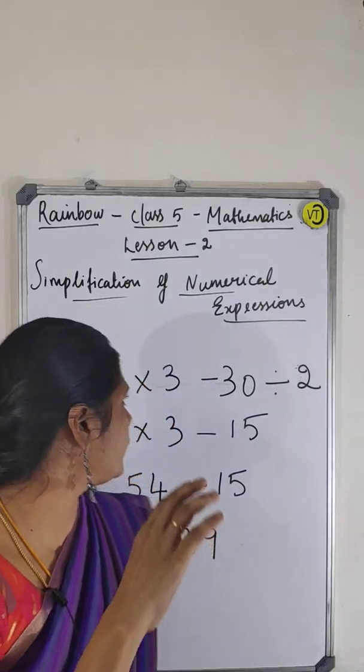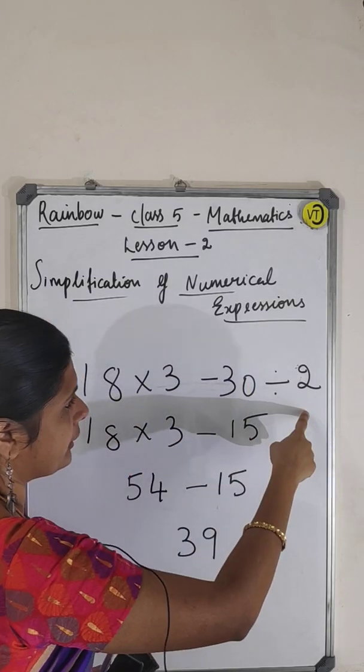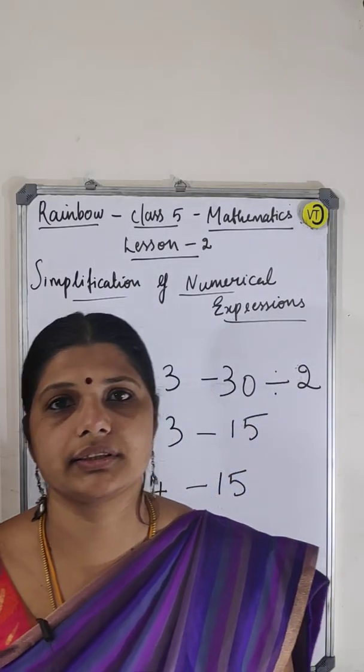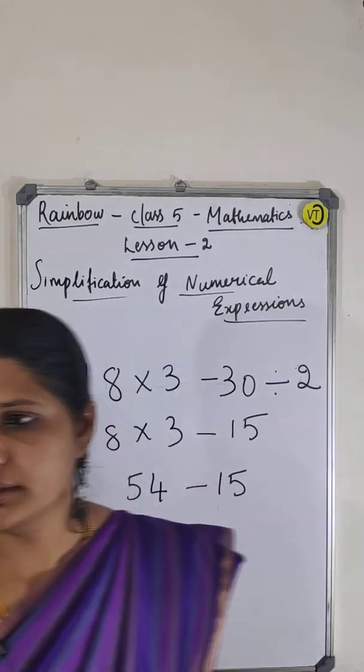If you do 18 into 3 minus 30 divided by 2 in some other order, a different answer will come, and the different answer is not the right answer. You have to apply the BODMAS rule. Okay, next question is,